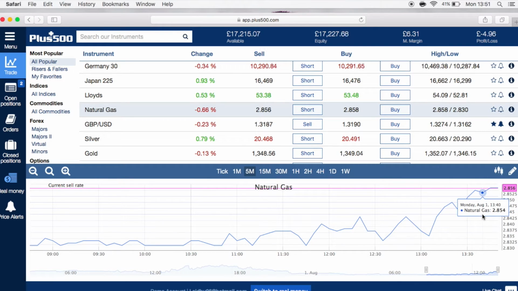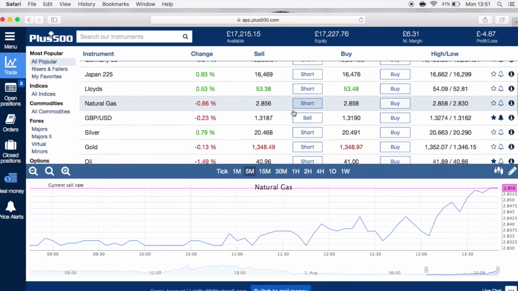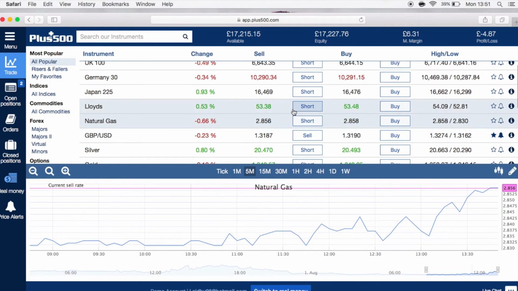So in order for me to carry that out on this platform, or any platform for that matter, I want to short it. Now what short means is that I'm betting for this instrument to go down in value. Similarly, buy, I'm betting for this instrument to go up in value. So if I click short